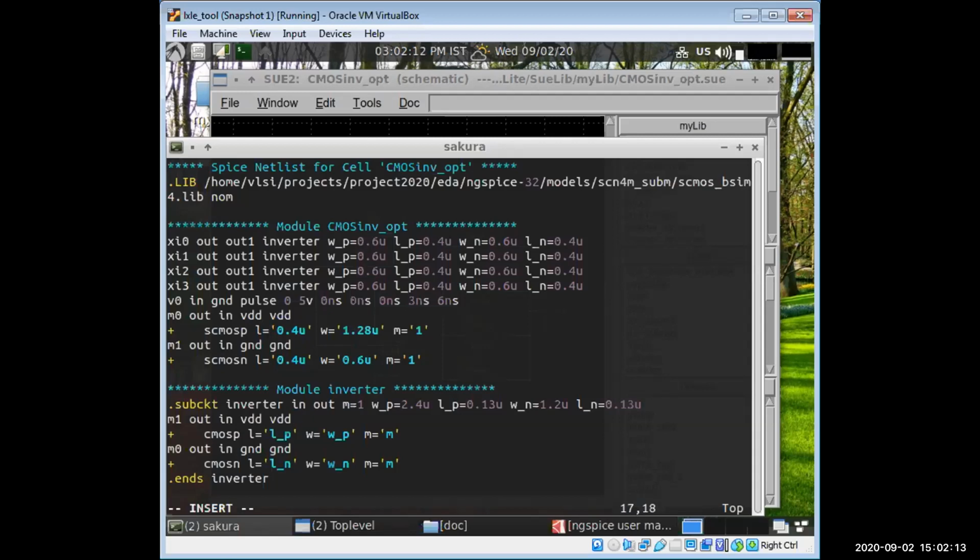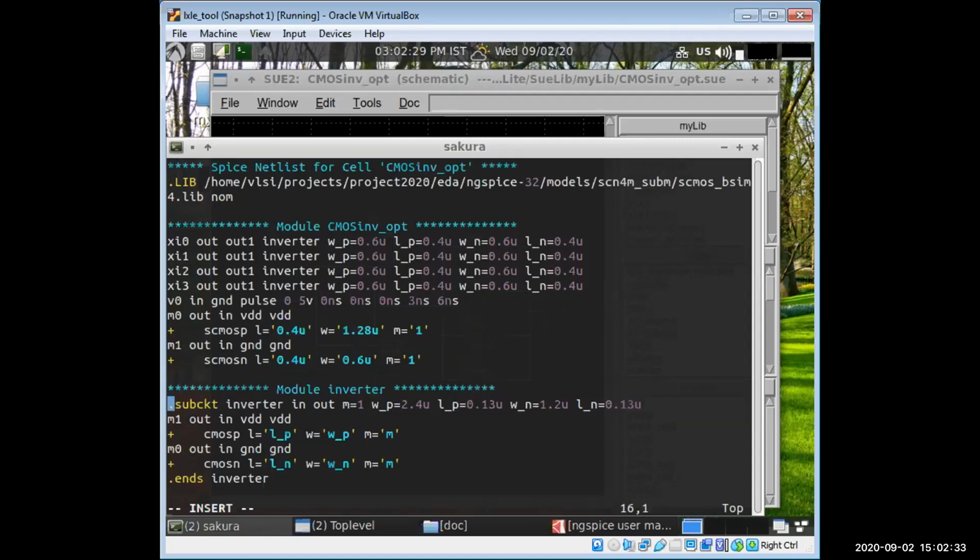Then the module comes, inverter. So what is this inverter? These inverters are instantiated in this module. We have also specified those inverters with a dot subckt. Actually, these are called icons.